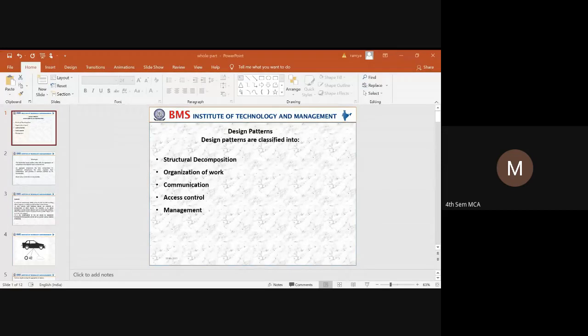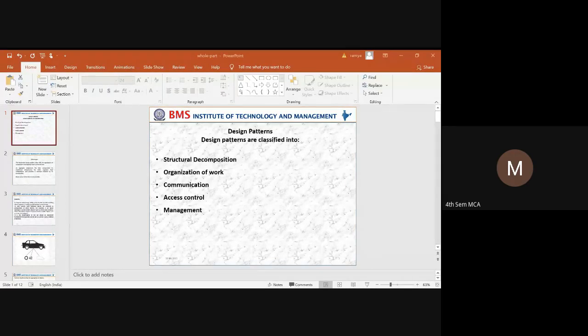And the next category is organization of work. In organization of work, we have a complex task, and we want to get it done without fault, with computational accuracy.